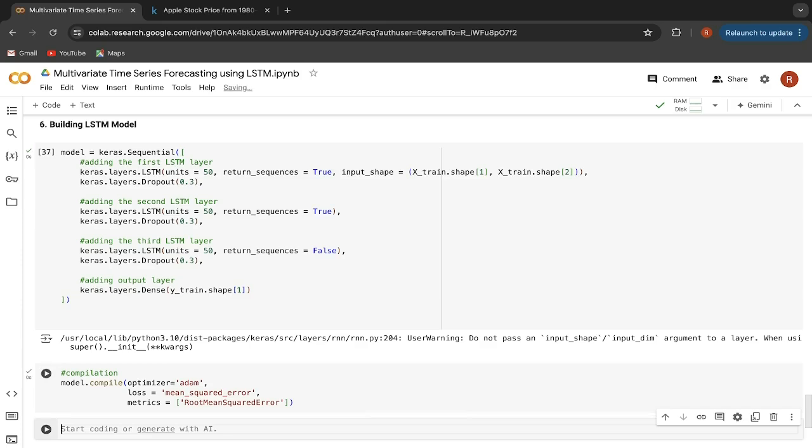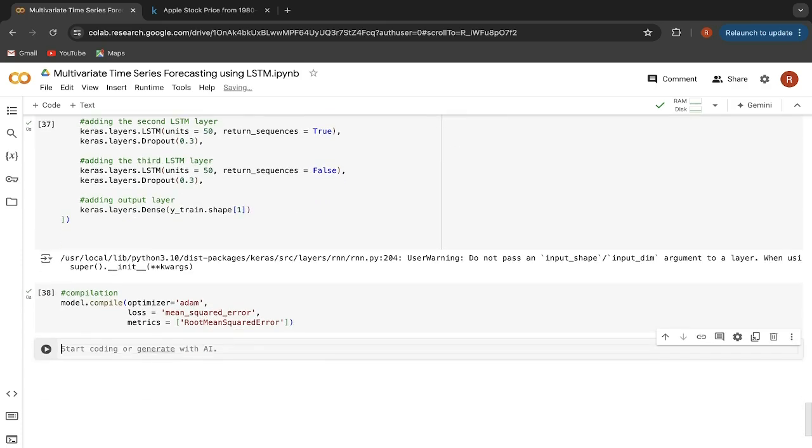After doing that, we now want to fit the model, but before doing that, we are going to add an early stopping condition. Now what early stopping basically does is, when you specify a large number of epochs while training, it checks the validation loss over consecutive epochs. If for consecutive epochs the validation loss doesn't change, then it automatically stops the training process for you, because the validation loss is not changing, which means the model is not learning anymore, and hence it stops the training process. So we will be adding the early stopping condition here.